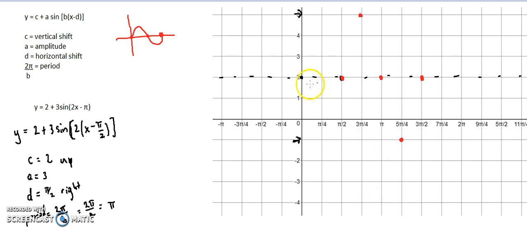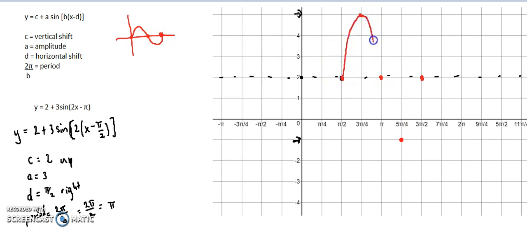So again, I did the shift over by pi over 2. The period told me to go pi away from that, so add pi to pi over 2. That gives us 3 pi over 2. And then from there, you're just dividing up the graph to look like sine. Halfway through the whole thing, you cross again. A quarter way across, you're at your high point, and then another quarter way, you're at your low point. So we've got our high point, we've got our low point,